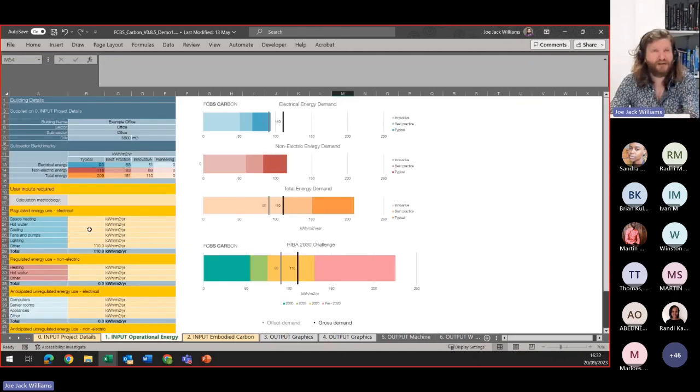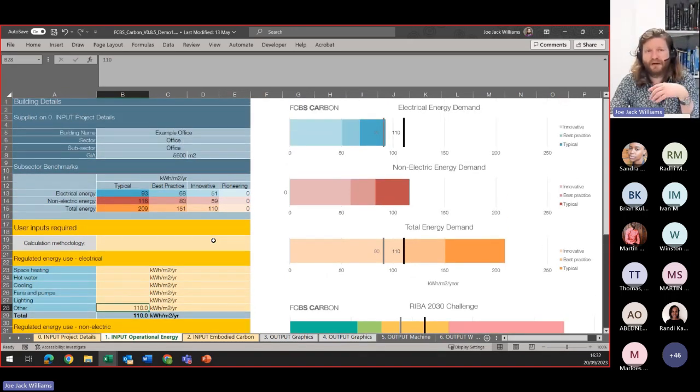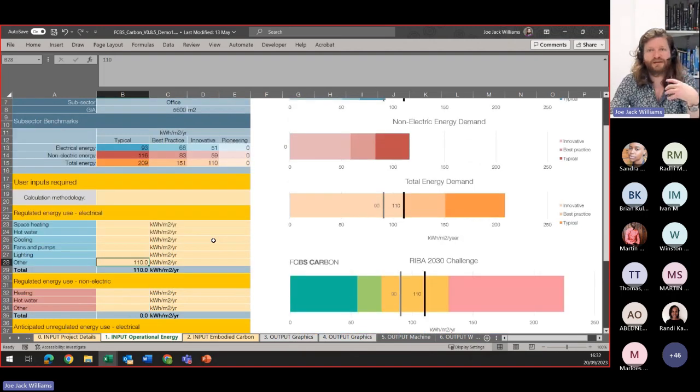I put in some energy data. Now, I didn't know what the energy data was, so I just guessed 110. We got some figures in here. Now, I'd recommend you think about how much energy it will use. Maybe it's an existing building, or it's going to be a new building, but they're moving from an existing building. Ask. Just to note, it's in kilowatt hours per meter squared per year. So that's again in meters squared in GIA. So it's always talking about gross internal area.